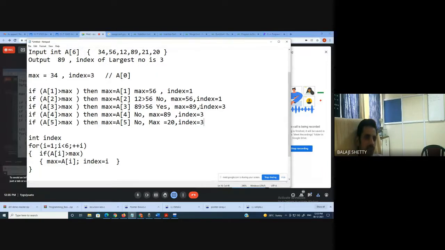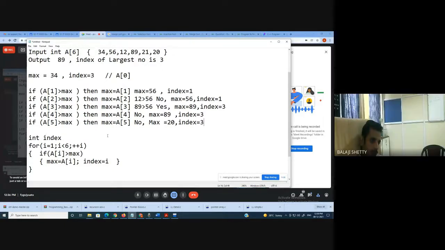Now my next question to you: can you replace the first number in the array with the largest number? Can you? Yes or no? Yes. How?